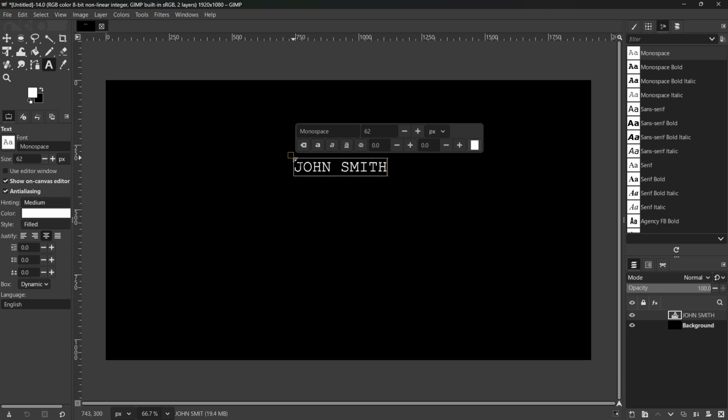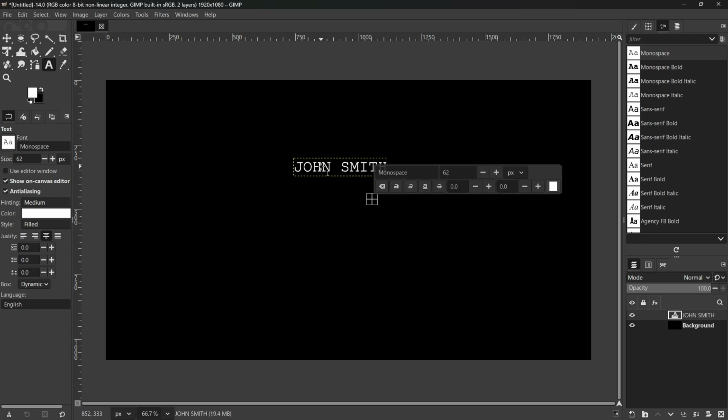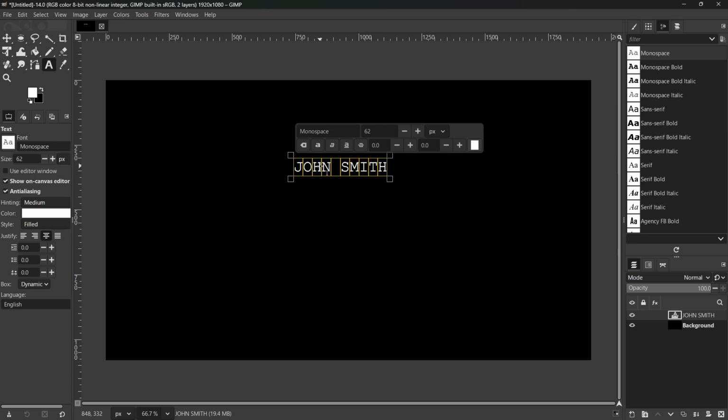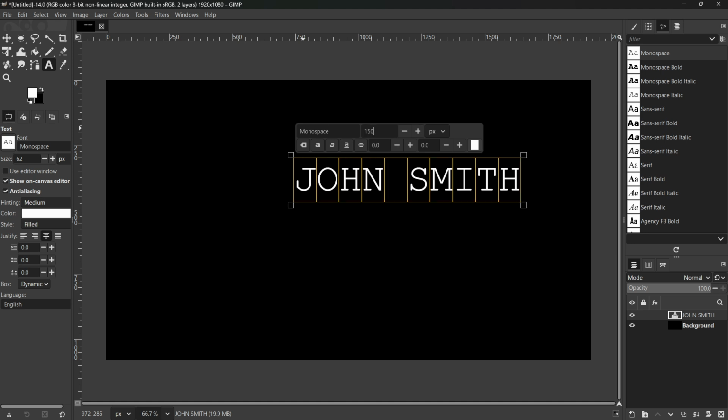Next, create or select your text. To add new text, click once on the canvas and start typing. A text box will appear where you clicked. If you already have text, click on that text to enter editing mode. You'll see a cursor inside the text box, and your existing text will be ready to modify without changing the